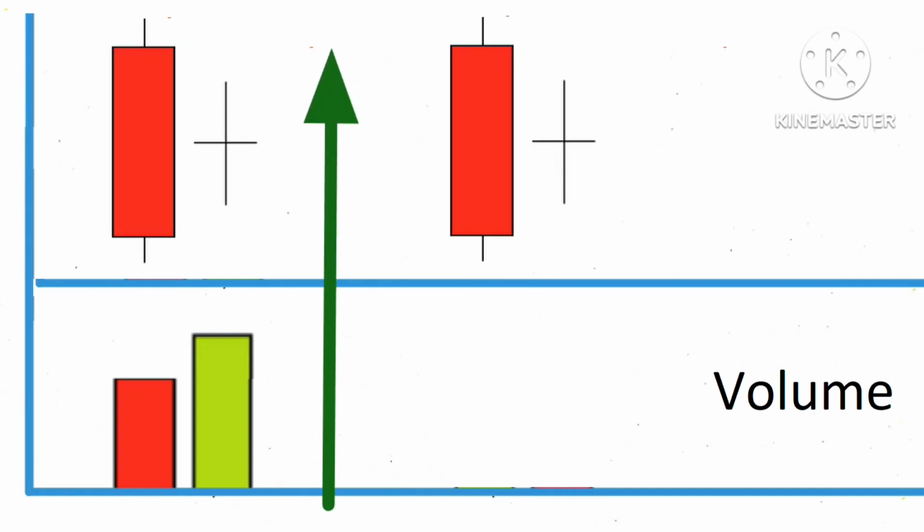Let's talk about its volume. Whenever you see this pattern on the chart, you will see the doji has more volume than the red candle, and it shows a conviction that the price should go up now. But sometimes the doji has less volume than the red one. In such cases one must take a wise decision.